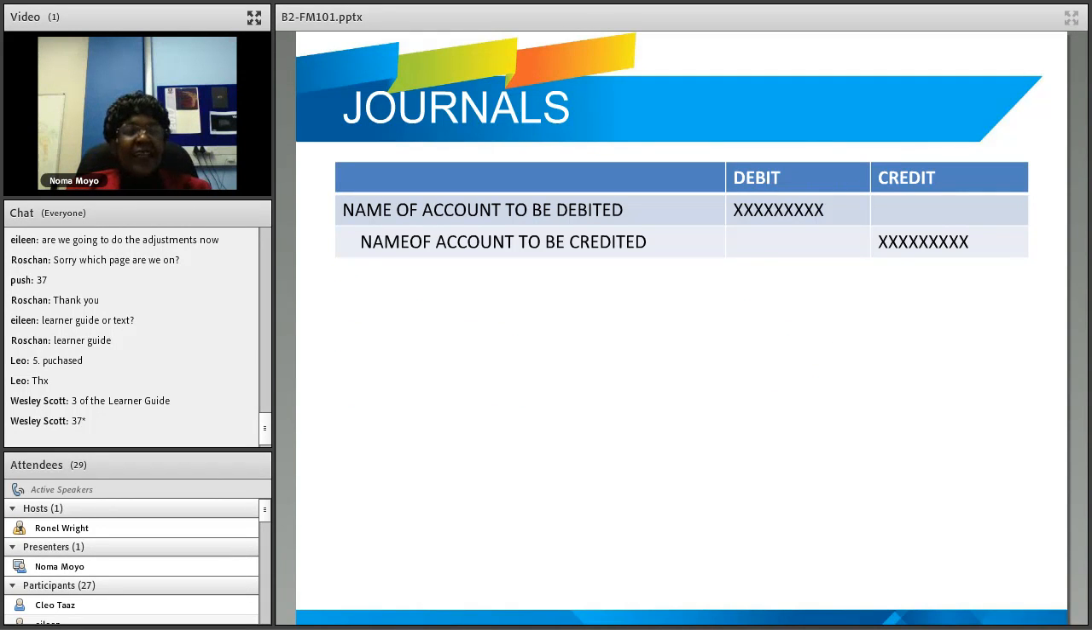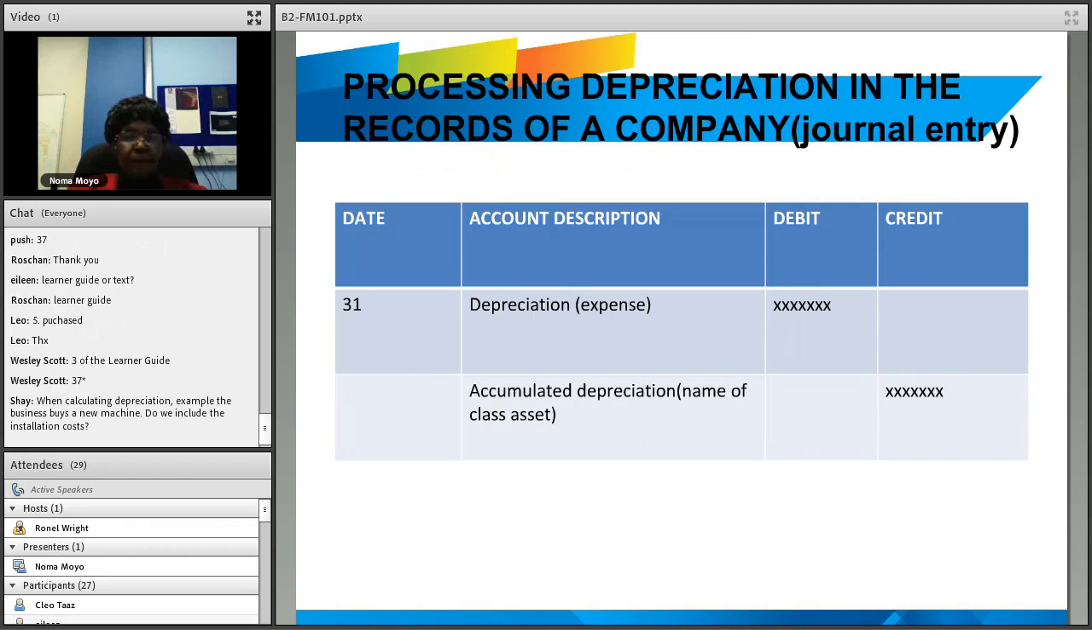Journals. A journal has a debit side and a credit side. We always start off with an account that is to be debited and then end up with an account to be credited. You remember I said for each transaction there is a debit and a credit. For instance, let's process depreciation. When you note that you have depreciated by, let's say, 10,000,